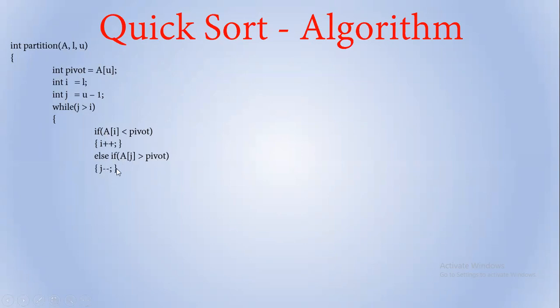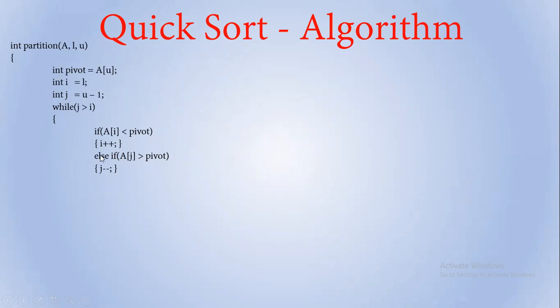It will decrease the index value, that means the j value. So the j value for this example is 3. If A3 is greater than the pivot element. The best way to explain how this partitioning works is by an example. With this code it is difficult to explain how this one works, but with an example, you will understand the purpose of actually doing this, right?